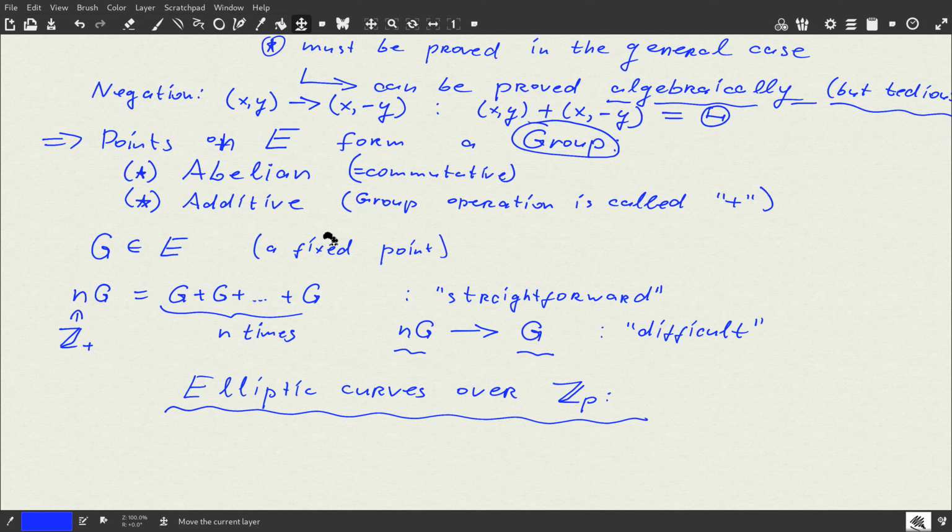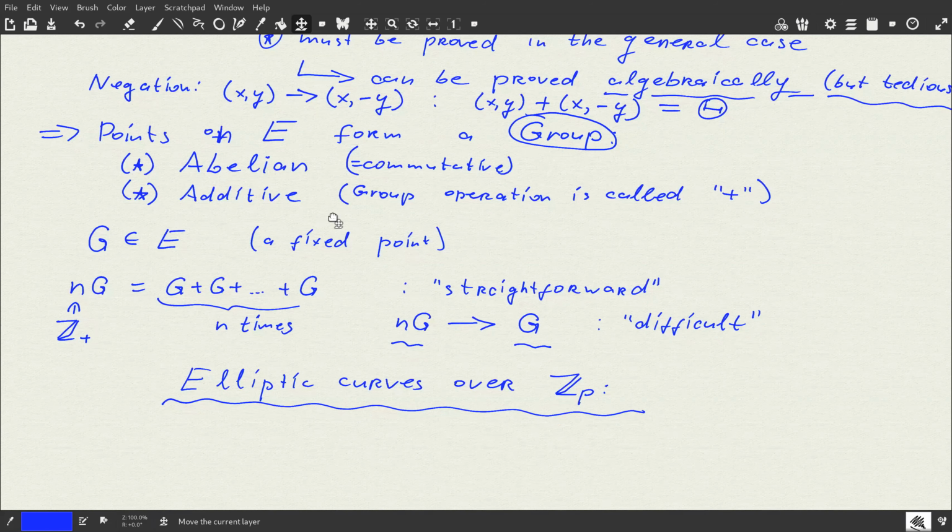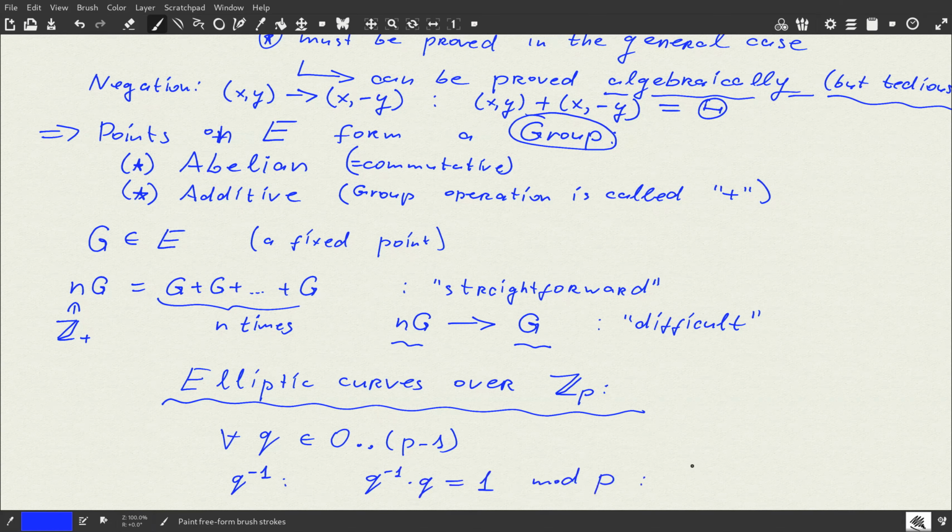And we discussed last time why, because if P is prime, then you can define the inverse operation over this field, the inverse operation modulo P. So for any, let's say for any Q, which will be in the range, let's say 0 to P minus 1, you can define the inverse Q such that the inverse Q times Q equals 1 modulo P. And this is done using the extended GCD algorithm. You remember we discussed it last time,